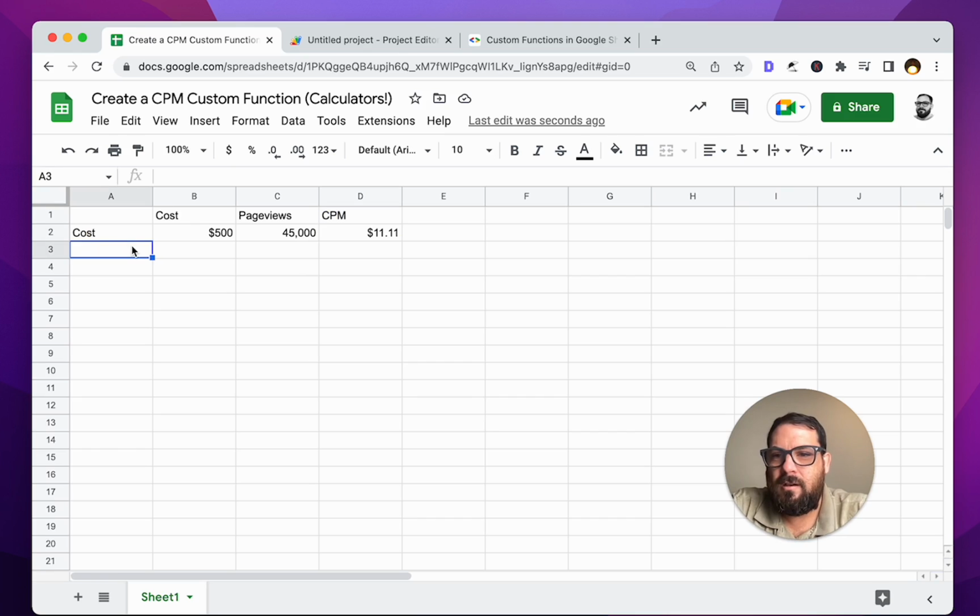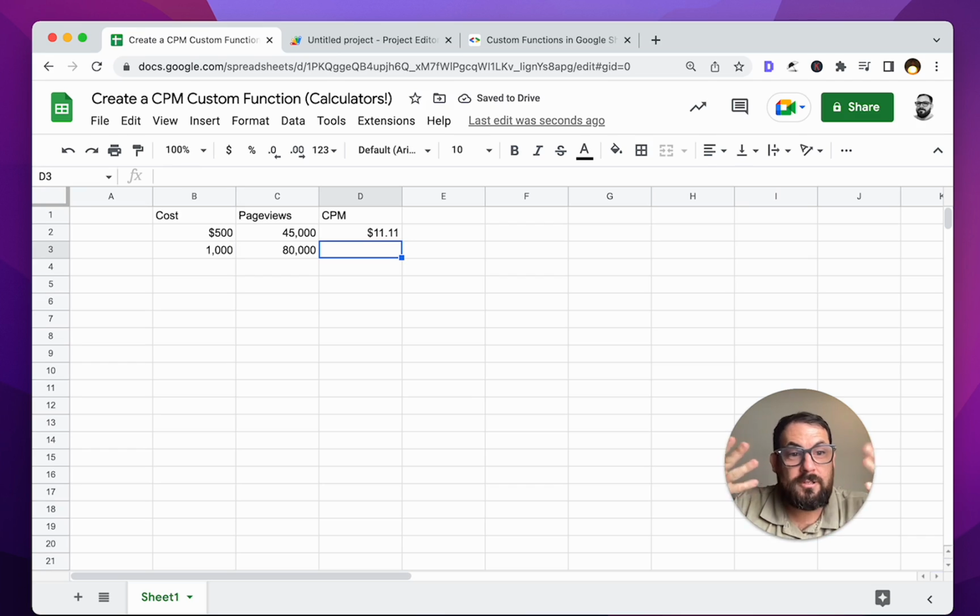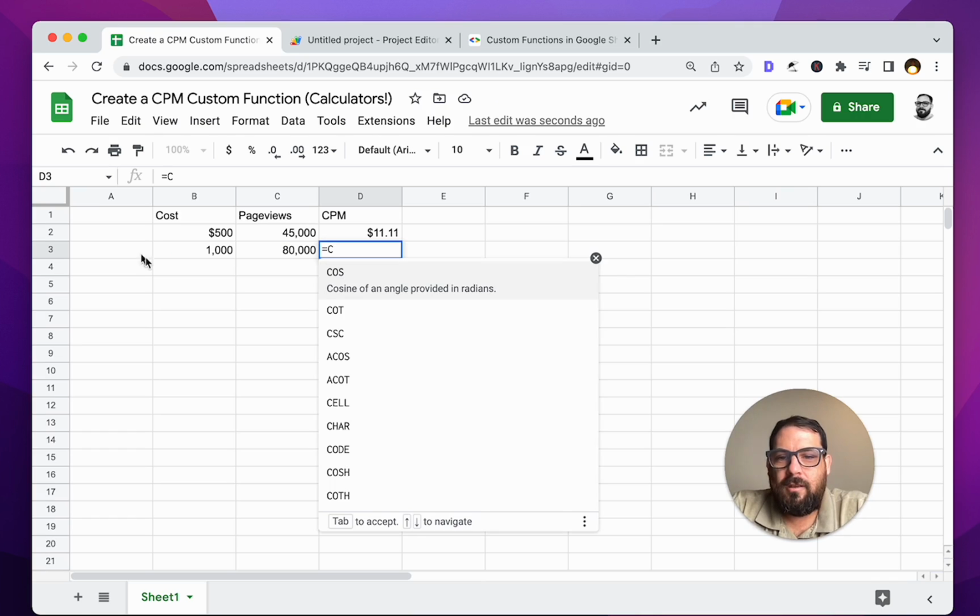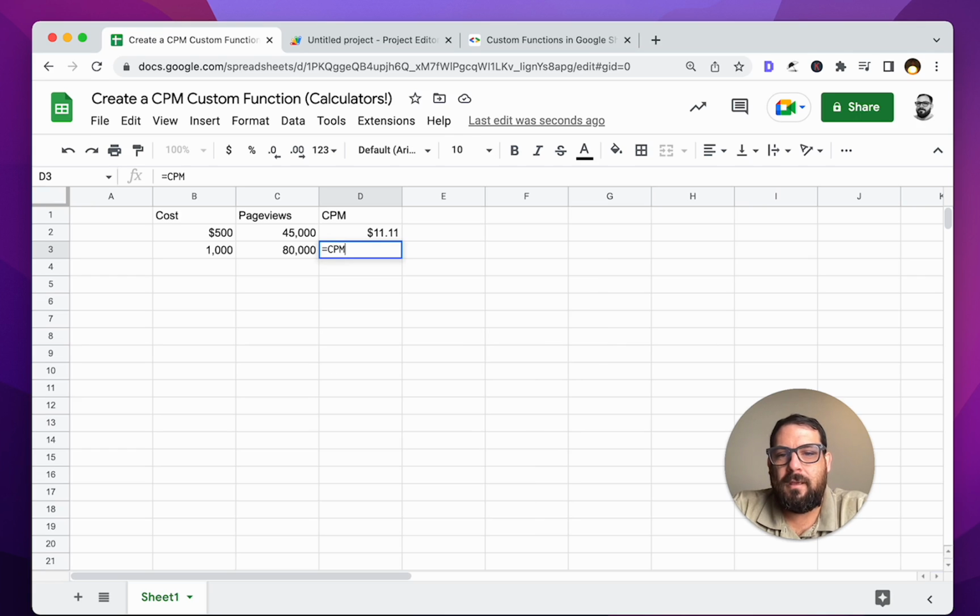So let's say we have another $1,000 for 80,000 page views. Now we know there's a function here, but we forget. Let's say we forgot the name CPM, the three words. And maybe we didn't create that. But if we go equals C, you notice that normal functions, normal formulas show up here, but our CPM does